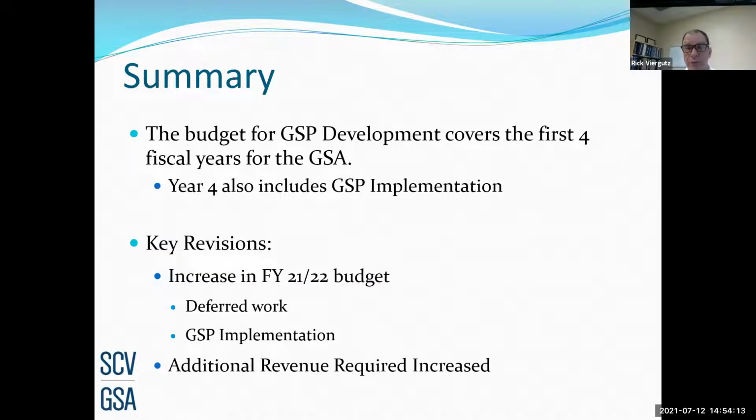So summary, the budget that we use for GSP development covers the first 4 fiscal years. There's a little bit of overlap in year 4 with GSP implementation. We've added a 5th year to the budget for the first full year of GSP implementation as the 22-23 year. We've talked about the revisions, the deferred work, the GSP implementation,